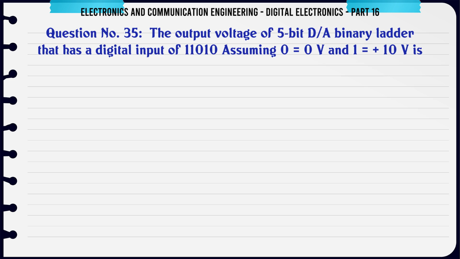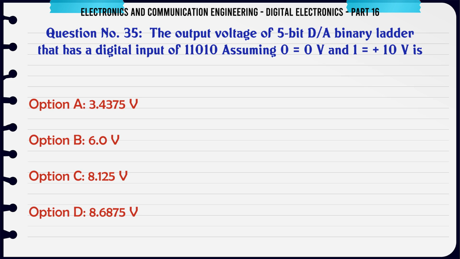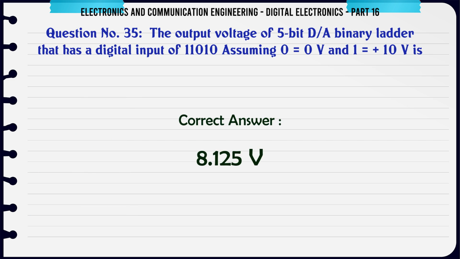The output voltage of a 5-bit DA binary ladder that has a digital input of 11010, assuming 0 V and 10 V, is A. 3.4375 V, B. 6.0 V, C. 8.125 V, D. 8.6875 V. The correct answer is